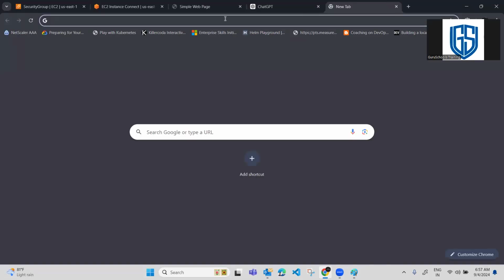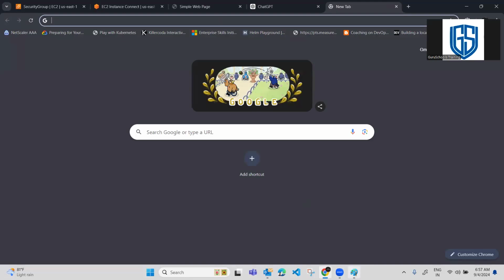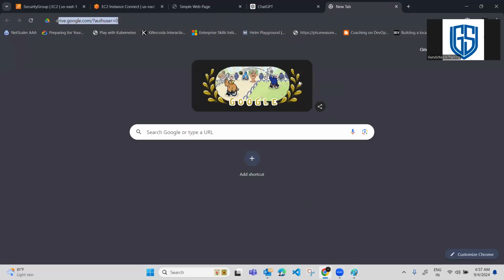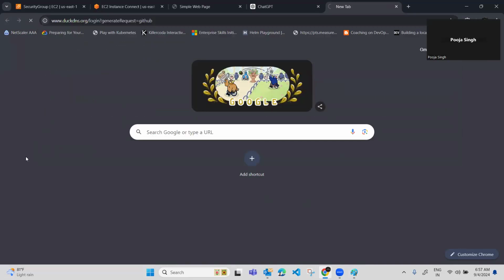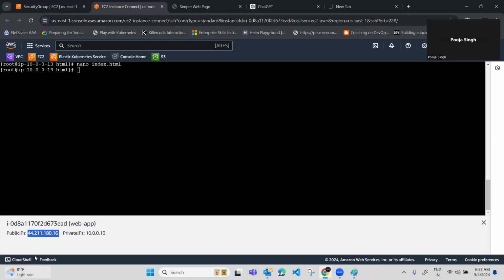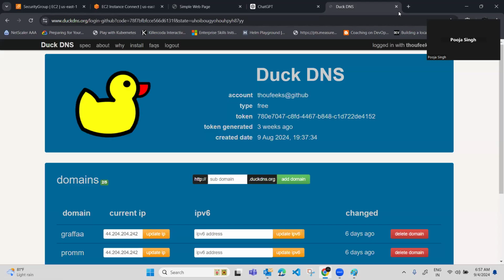So for example, if we need to bind it with some URL, we can do that. We just go to Duck DNS. Here, this is a free domain, okay? They will give only a subdomain, and the full domain will be their own name, like duckdns.org. So here we can check my